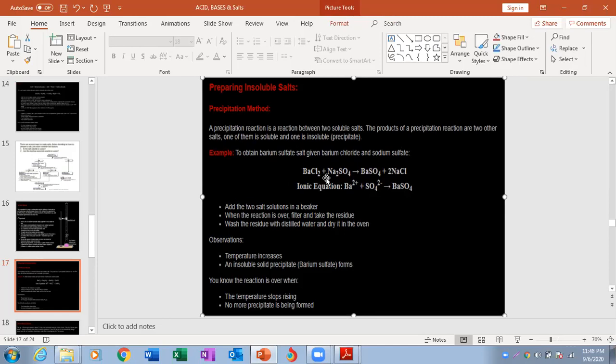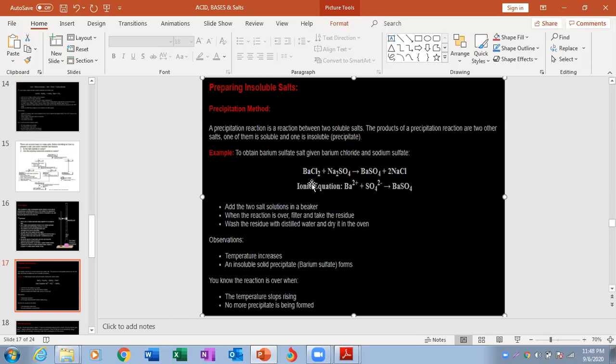In our last class, we have not studied that chemical reaction. We have studied acid reacting with metal, acid reacting with alkali, acid reacting with base, acid reacting with carbonates, and ammonium salts reacting with bases or alkalis. But this is also one of the ways to produce salts, and it is called the double displacement method.